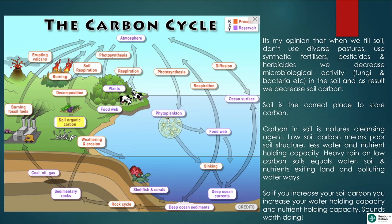This is the carbon cycle, and this is one of the critical pieces here. This is the key component that we can influence. It's my belief that when we're tilling the soil, you're removing mycorrhizal fungi, and that's one of the key attributes in creating symbiotic relationships in the soil. You're breaking that, and by not using diverse pastures, as well as using synthetic fertilizers, pesticides and herbicides, we decrease